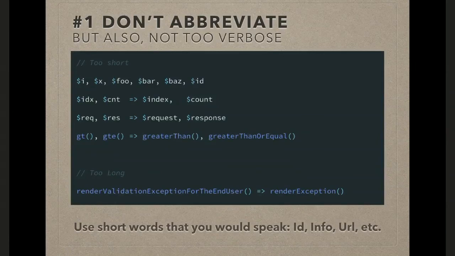So for you, maybe if you're going to be the only person looking at your code, that might be okay. But if other people are going to have to look at your code later, they're not going to know what X means. They're not going to be able to keep track of all that, right? It just doesn't make it readable. So IDX, use index, CNT, use count, etc. It applies to method names as well. So instead of DT, which is, sure, it's nice and small to type, but greater than is a little more